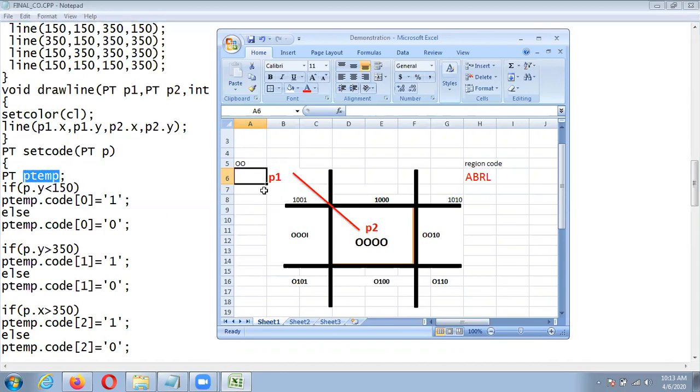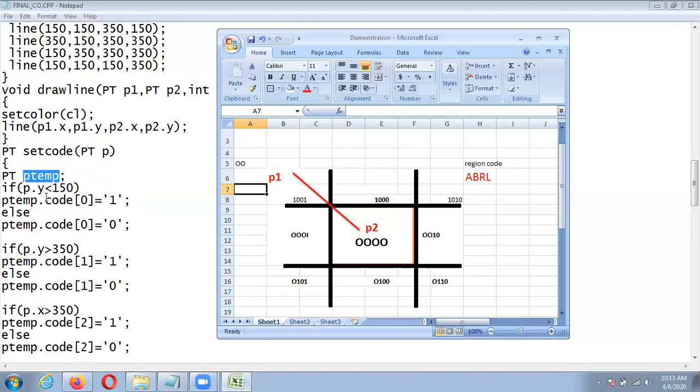Then it becomes y, because y is over here for this line. This is your y axis, and here this point is what? This point is when left. This point is at 150. So when you are passing 100 for y, then it becomes what? It is less than 150. It becomes over here. So now that means this point lies above the window.